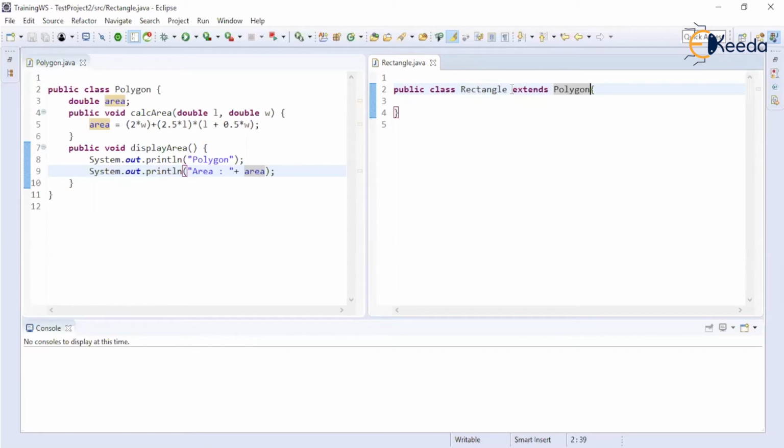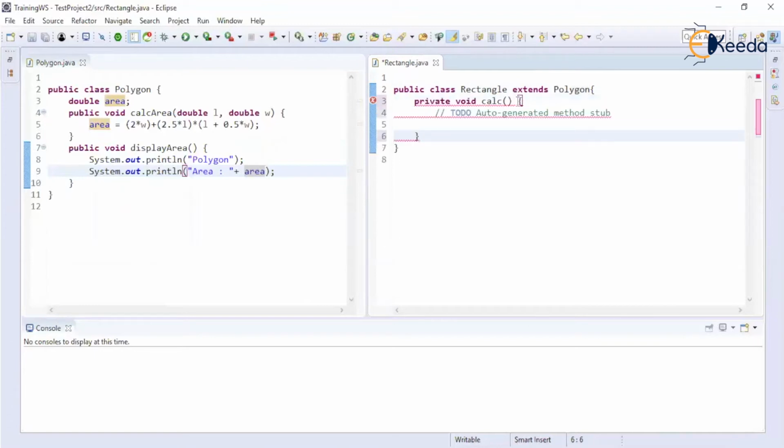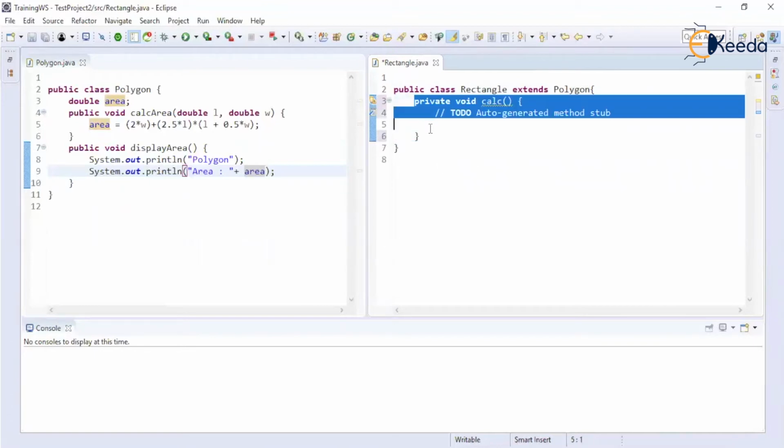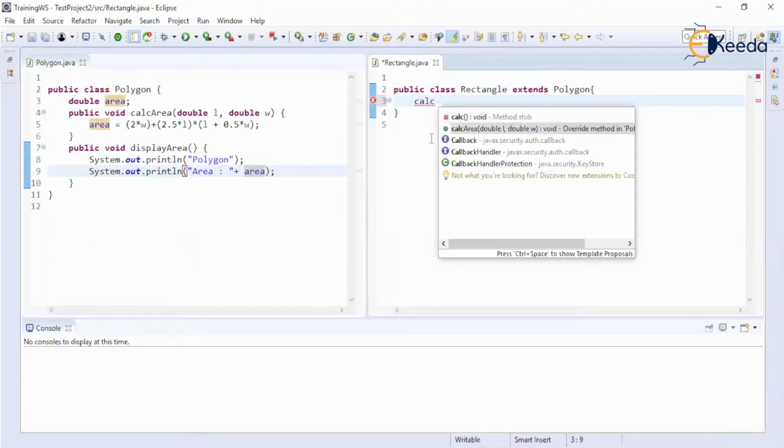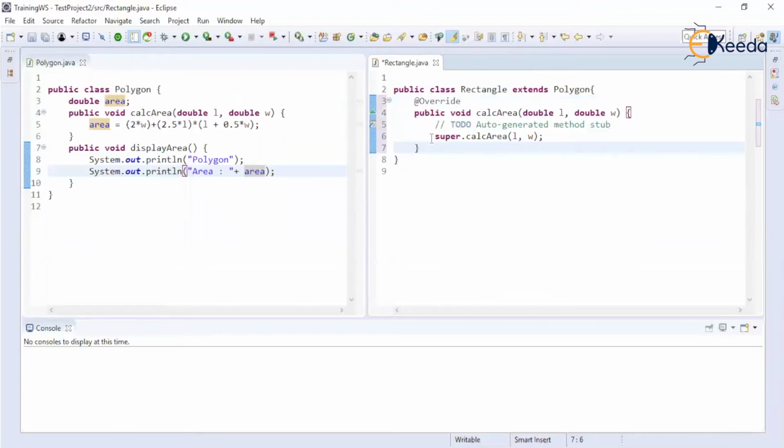But it takes two parameters. So the signature I'm okay with, but the implementation I'm not okay with for the rectangle class. So what I will do is keep the signature as it is. I will make use of this calc area method as it is, and I will implement the logic as per my requirement.